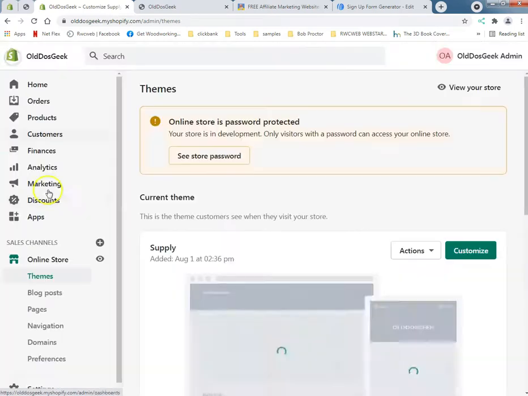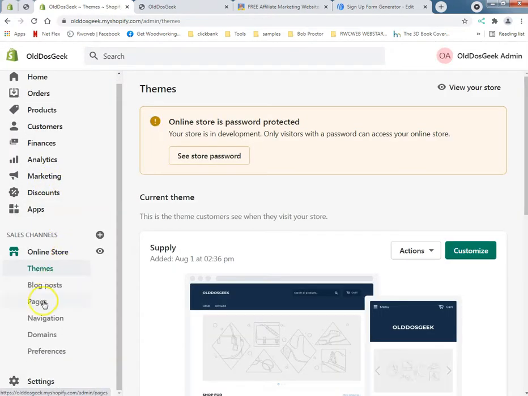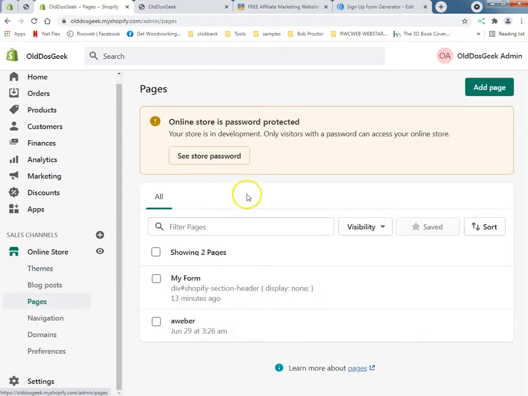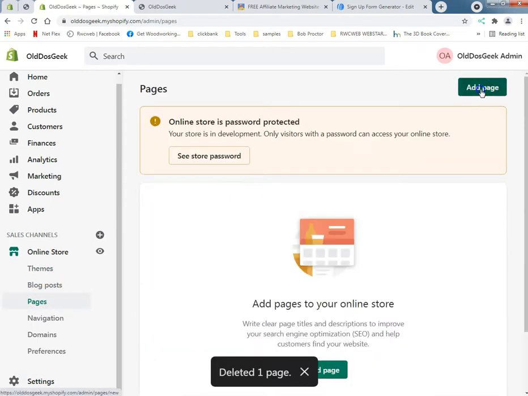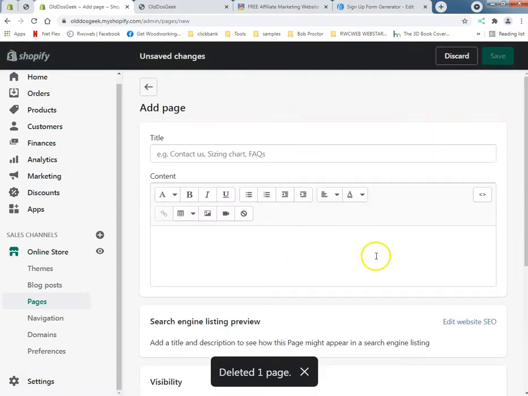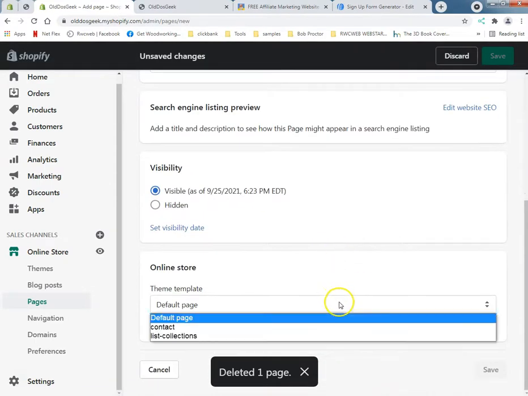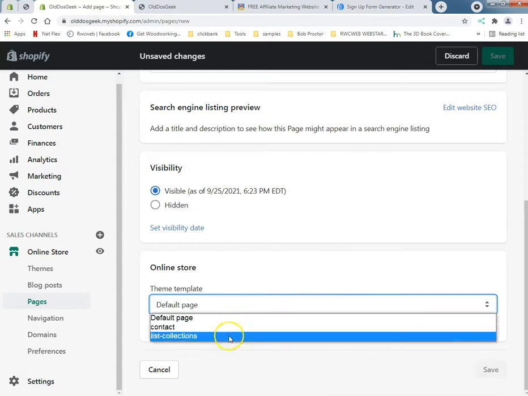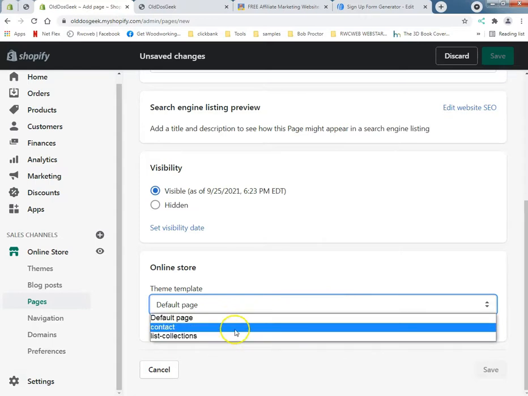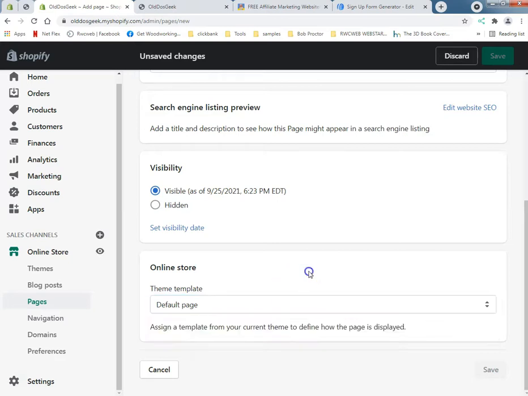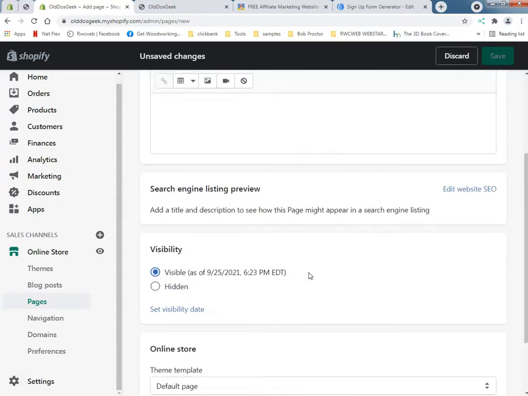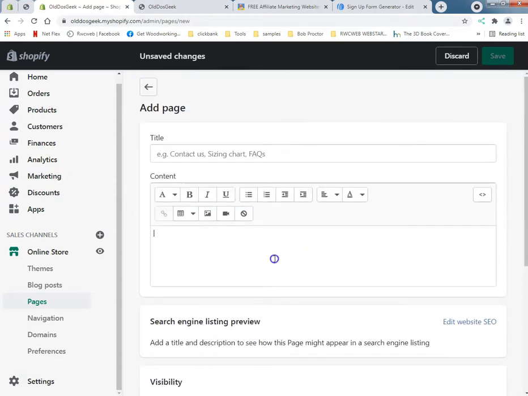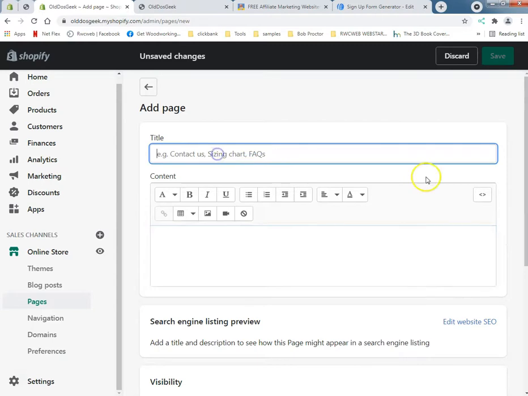Okay, let's go back here. We're going to add a page. Now you see where I'm at. Again, this was just temporary. So I'm going to add a page. Now, when you go into their liquid, you can do a contact form, but it's not going to be your Aweber. Now Aweber might have an app to sign up with Shopify. So what I'm going to do is